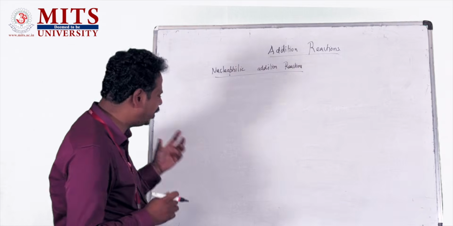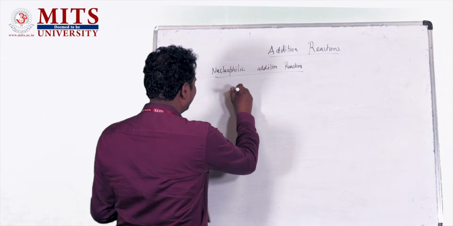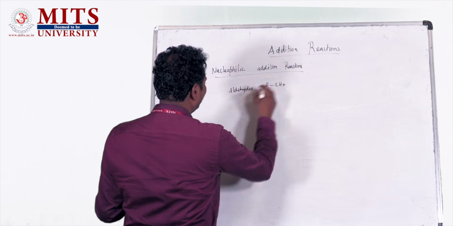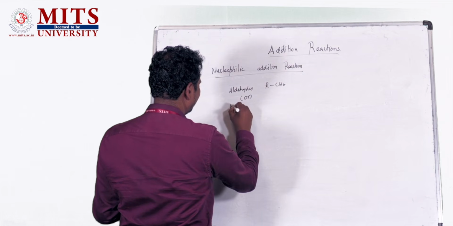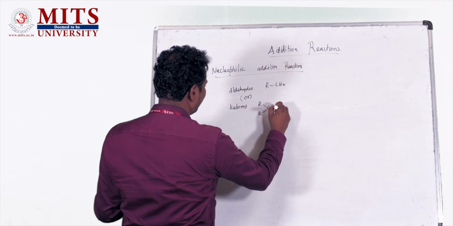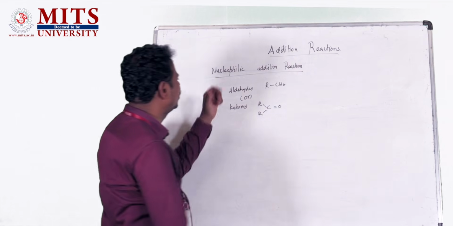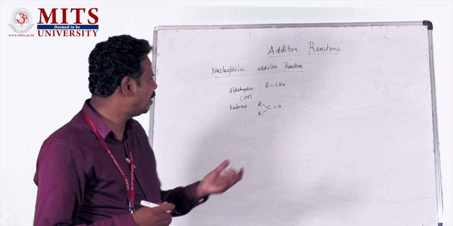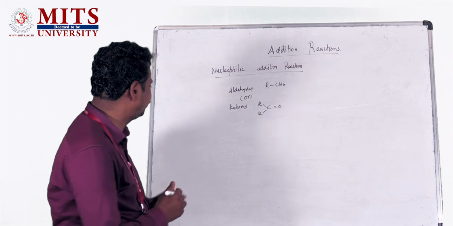So it mainly involves aldehydes, or CHO, or the ketones. In this case, the nucleophilic addition reaction is formed here. So examples of this nucleophilic addition reaction is